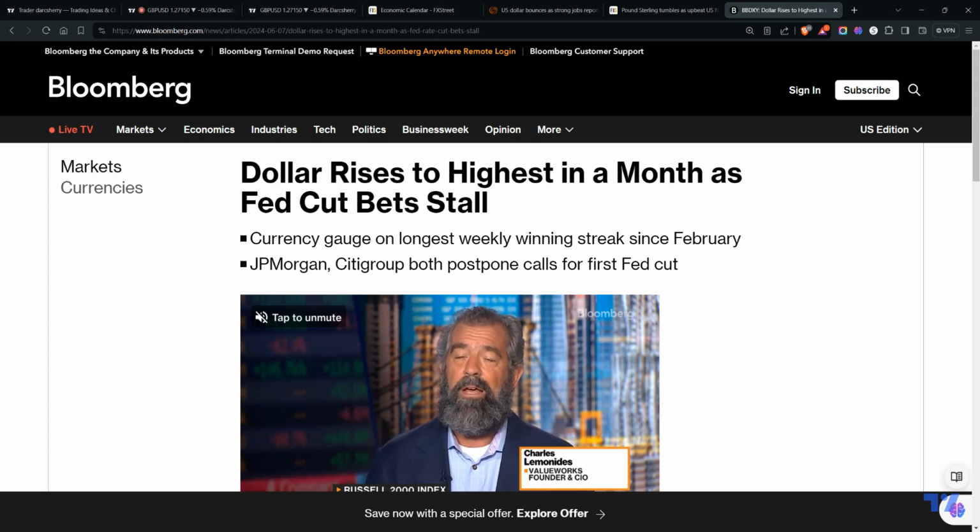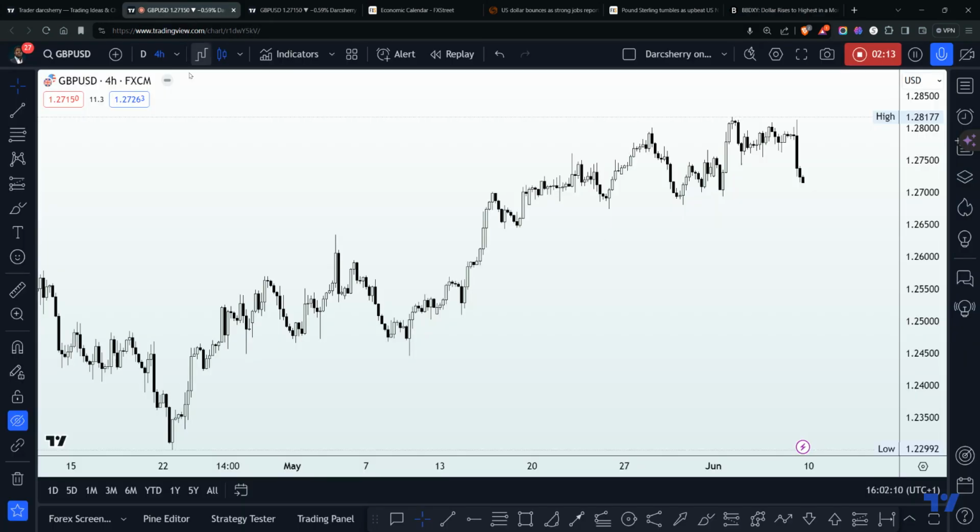In this video, we will be analyzing the GBPUSD market dynamic from both technical and fundamental standpoints, leveraging tools such as the economic calendar, trend lines, key levels, and chart patterns to anticipate potential price movement